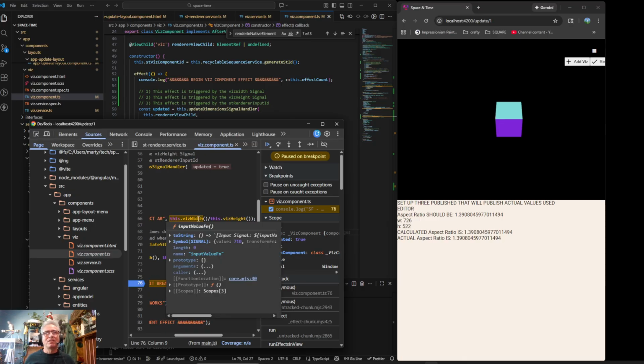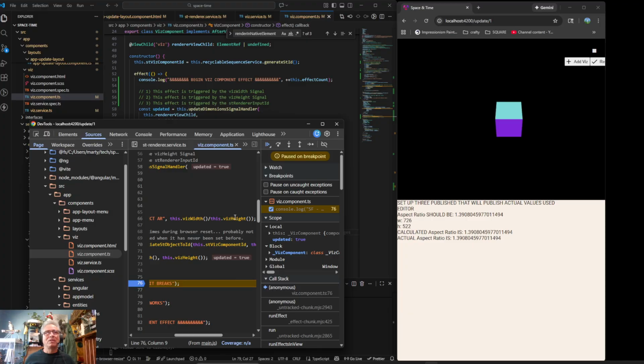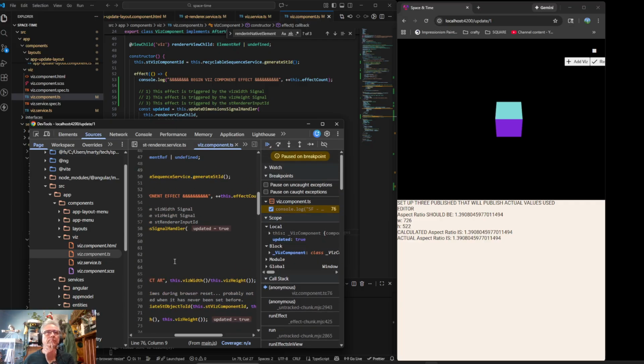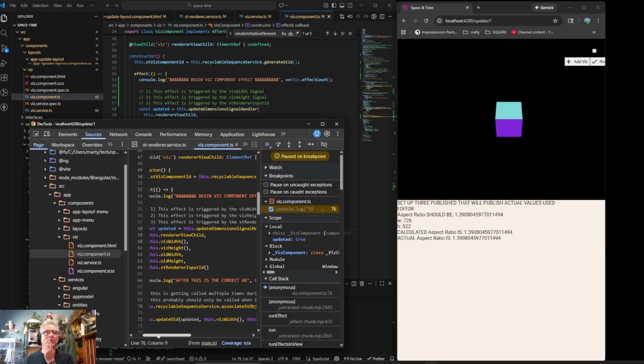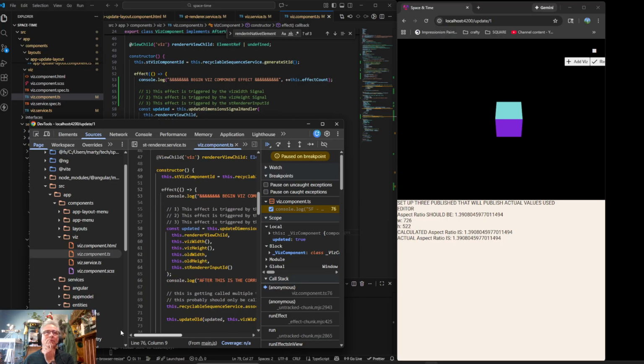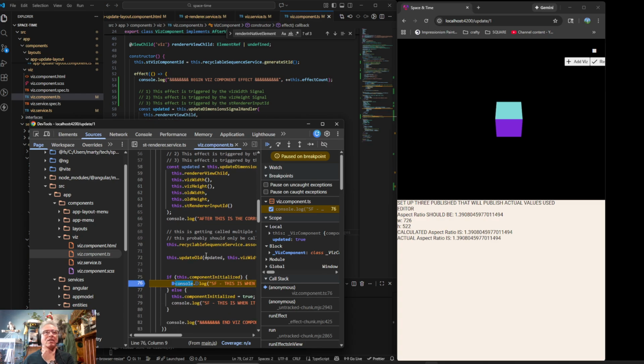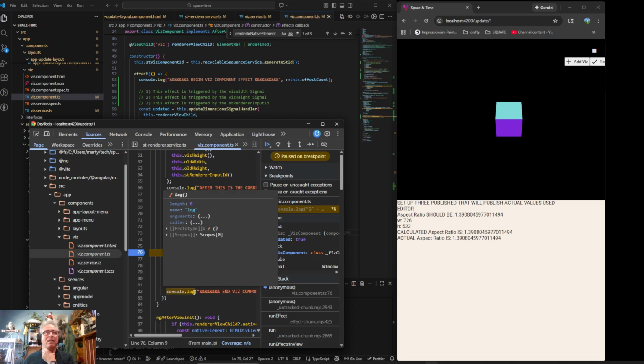Can I mouse over this? No, it won't tell me. Yeah, it doesn't tell me. I just can't believe I don't actually print out the width and the height. But I believe that the width and the height that we're using